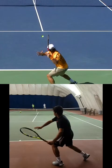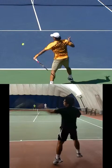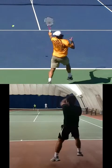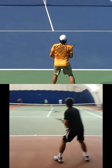Nice load with the left leg. The foot's pointing in a nice direction to elicit torque. Hitting the wall nicely, rotational forces being used. Very nice. So we're just going to talk about one thing that will help you